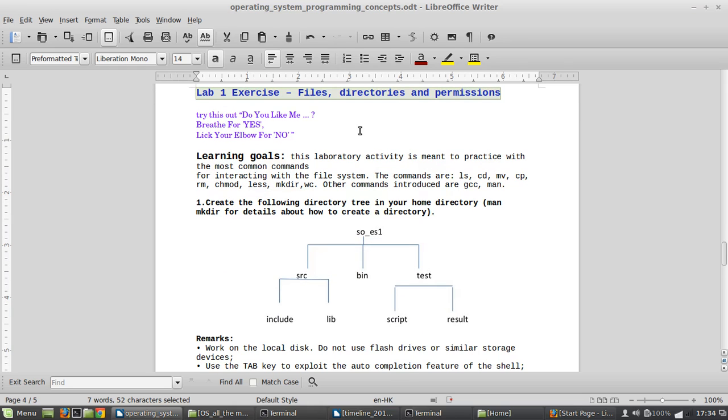So today we are doing the laboratory exercise about files, directories, and the permissions. These are all the topics that I discussed in my previous lecture videos, right? So what we try to do is we thoroughly go through the questions and then try to solve the problems. And before going